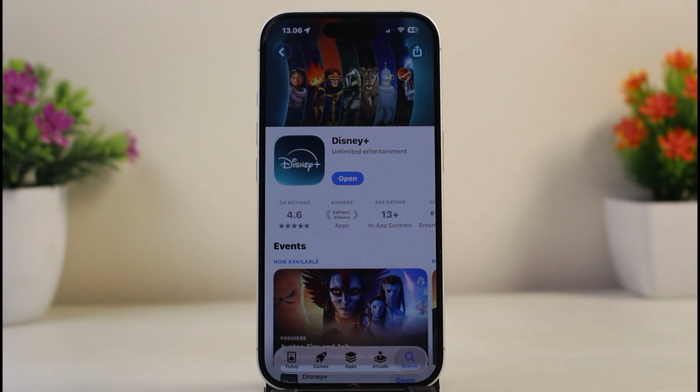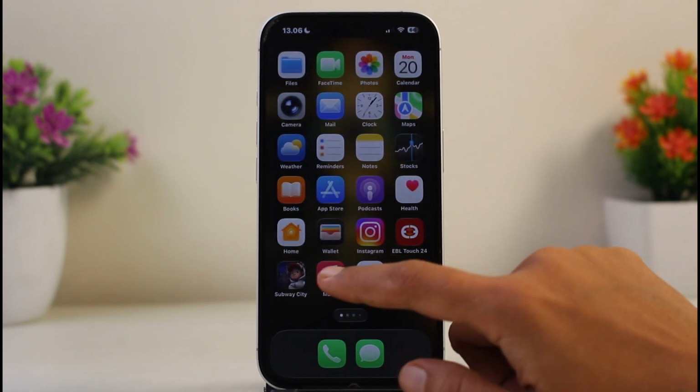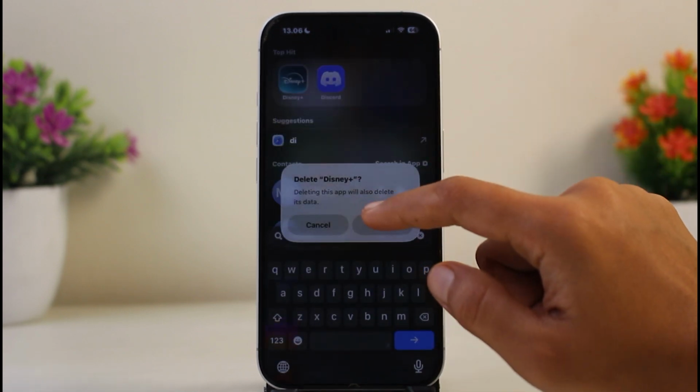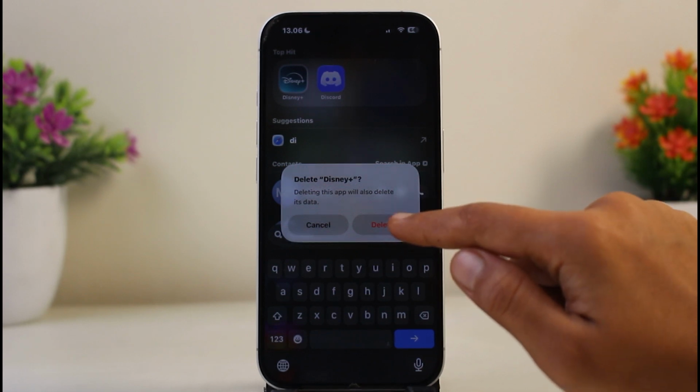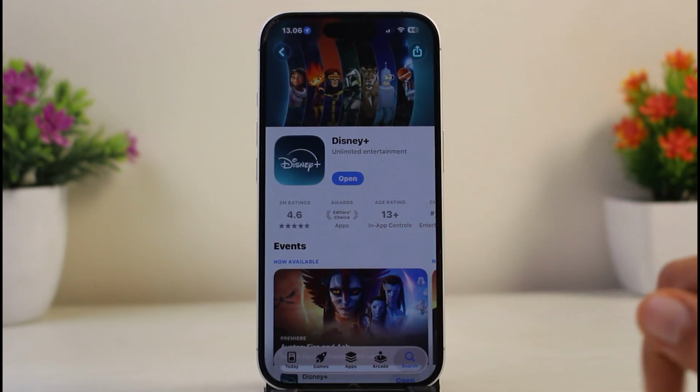Now the next thing you can do is reinstall the app. If it's a software glitch, deleting and reinstalling the Disney Plus application can clear corrupted data. So what you can do is just go to the existing Disney Plus app on your device, then tap and hold on it, then tap delete app, and then to confirm, tap delete from the menu, then go to your Apple App Store or Google Play Store, find the Disney Plus app and then